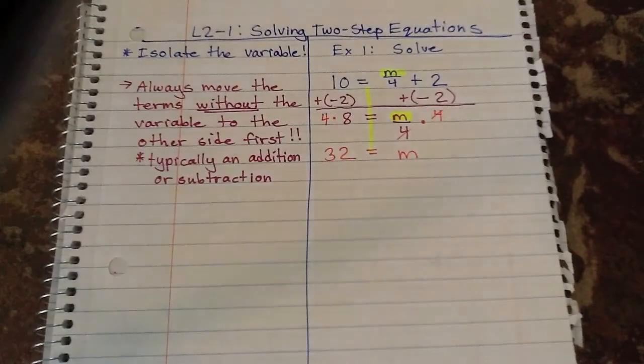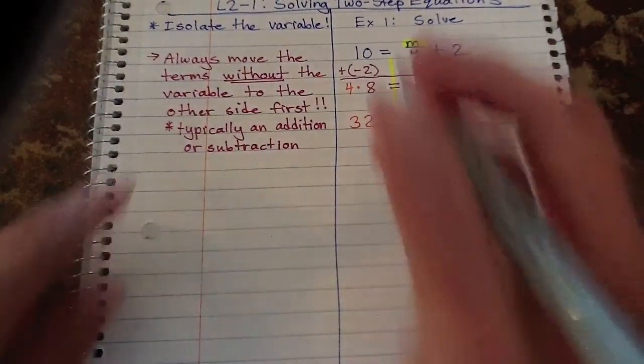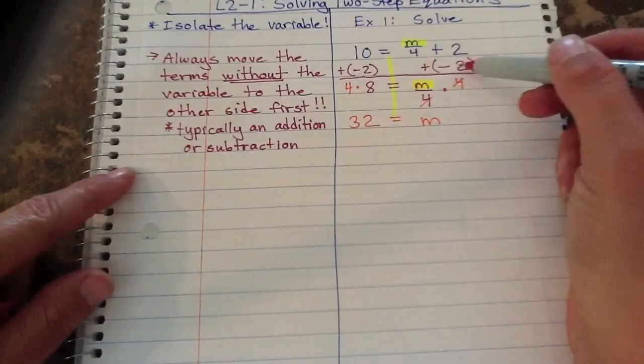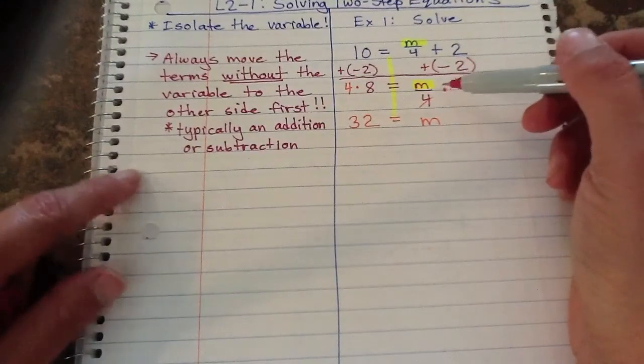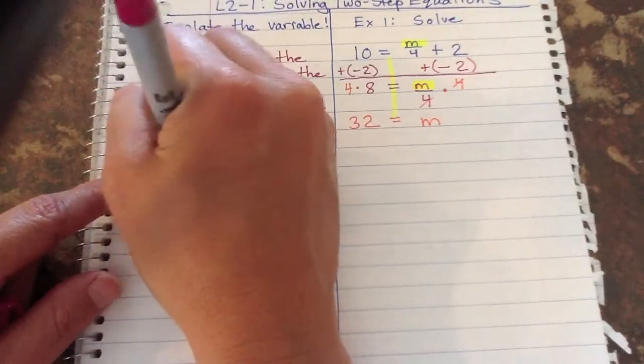All right, let's try another one. Oh, I guess we should write a little more on the left. Sorry. Let's write more on the left first. After you move that first term, I just went straight into the second one, but we didn't write about it over here. After you do that, then